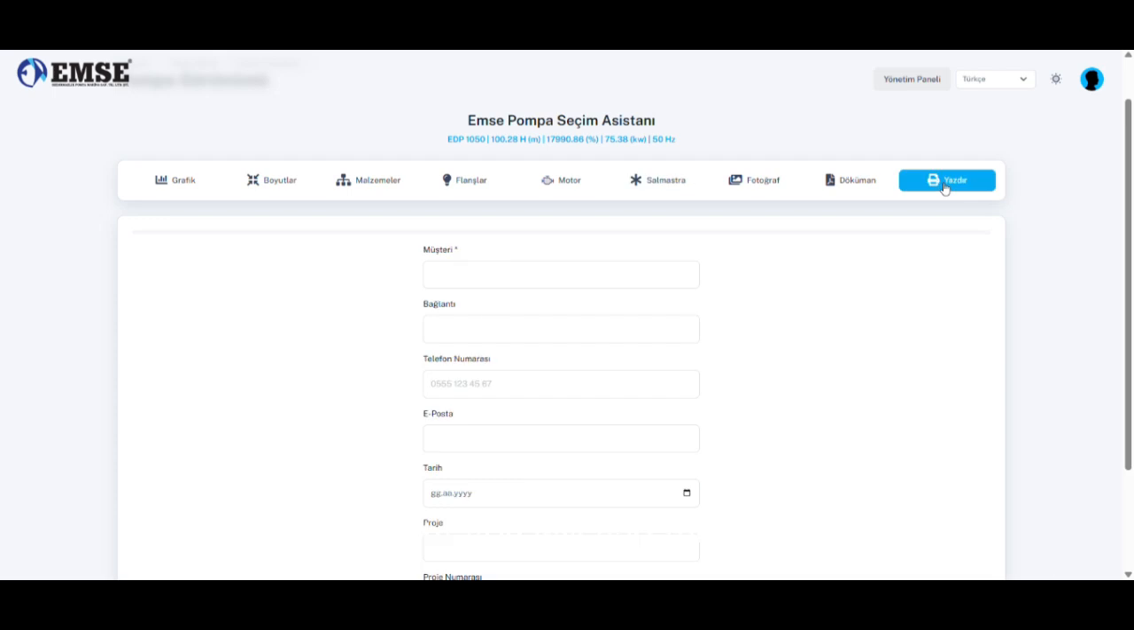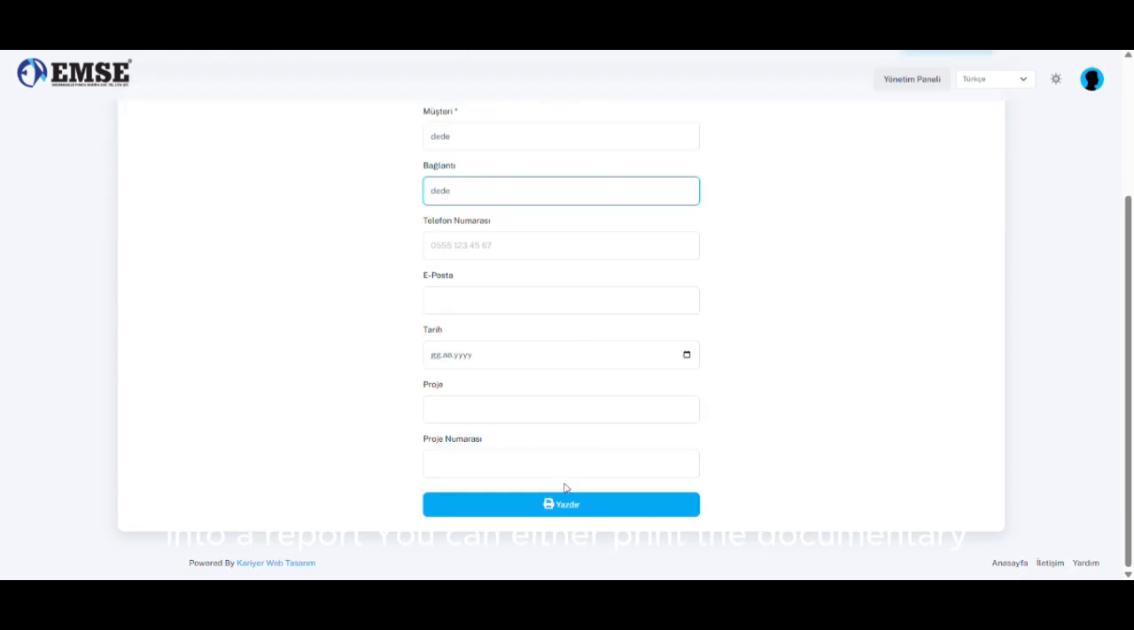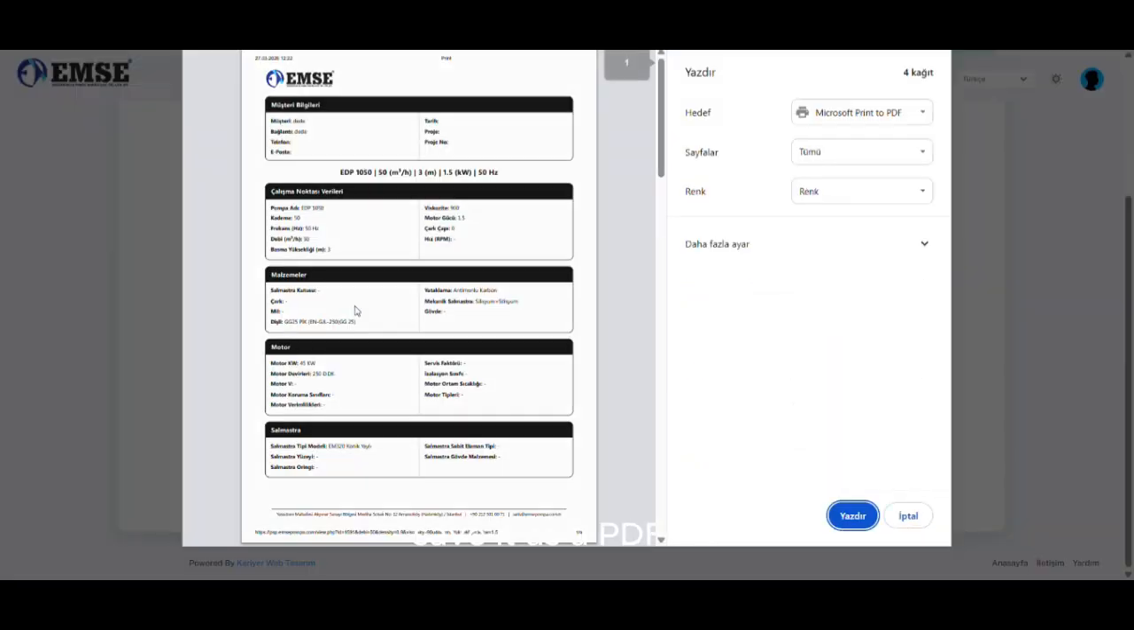On the far right, you will find the Print section. All manually entered values will be compiled into a report. You can either print the documenter, save it as a PDF file,